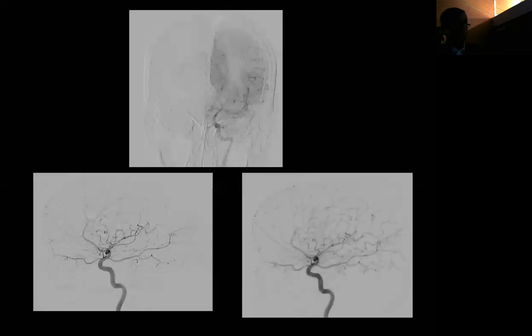This is the left internal carotid artery. You can see the anterior cerebral artery A2 segment is pushed to the left side. Still, it is supplying some of the feeders to the right side. You can see some blush here, which means there are leptomeningeal feeders coming from the left anterior cerebral artery, and the supply filling even part of the meningioma through the ophthalmic artery. This is the ophthalmic artery, and this is the retinal blush here. So this is a large dural branch because of the demand of the tumor.